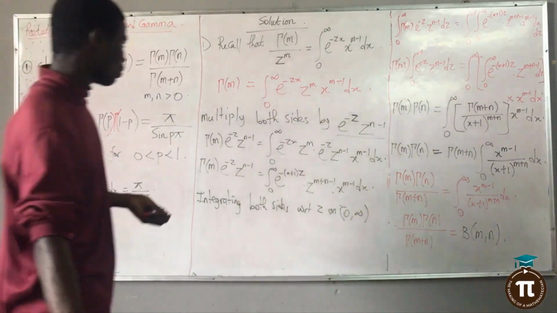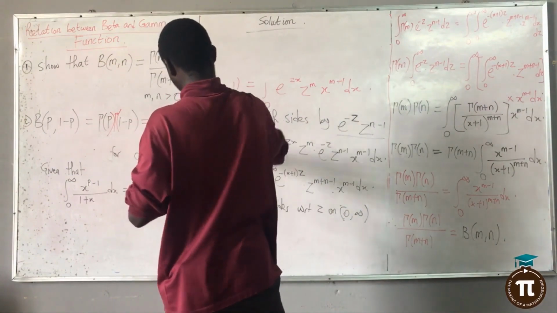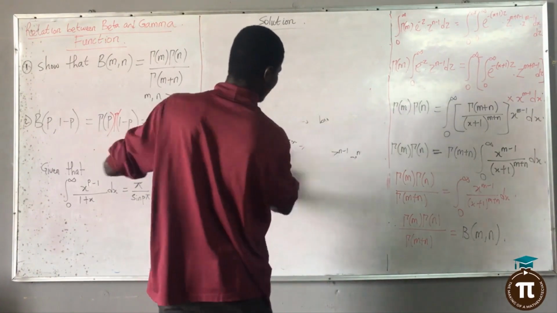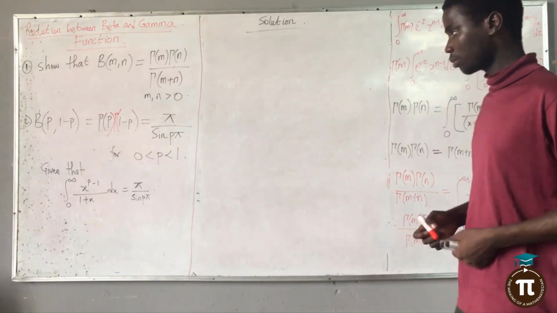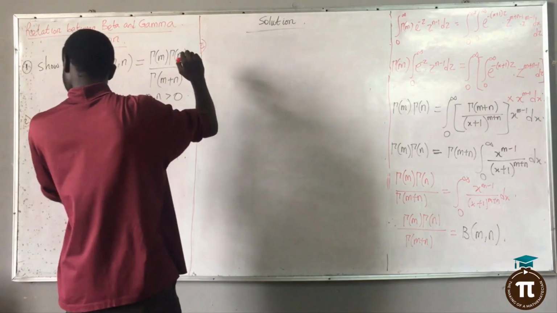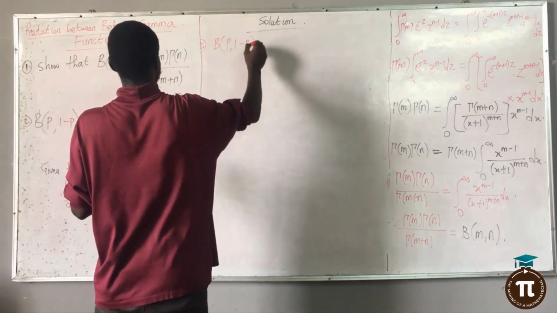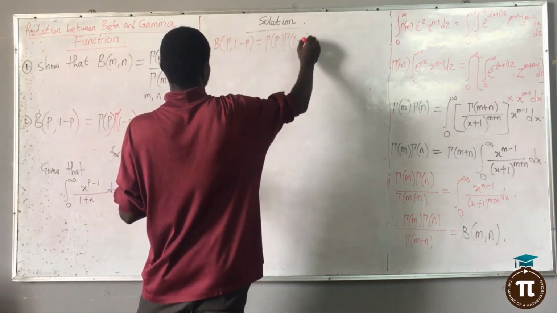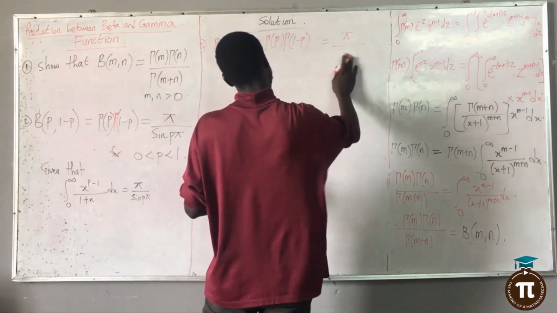So it remains the second one. Let's prove the second one, number 2. We have proved number 1. Number 2 is saying that beta of p comma 1 minus p equals gamma of p times gamma of 1 minus p, which is equal to pi over sine